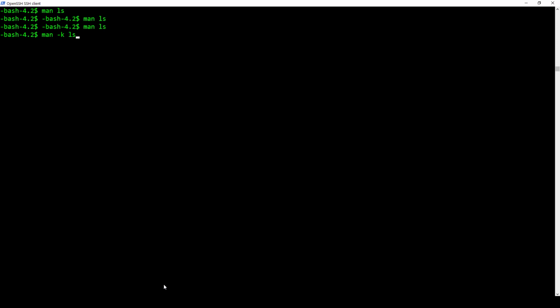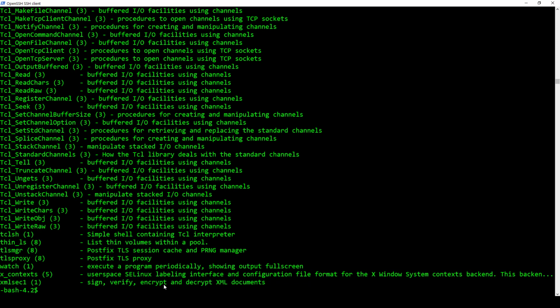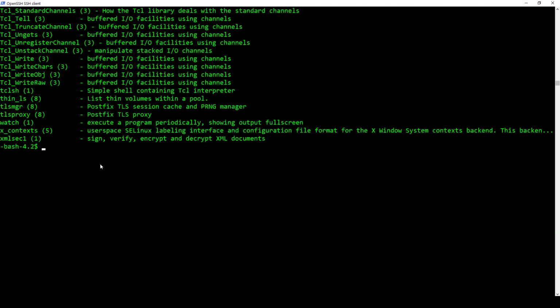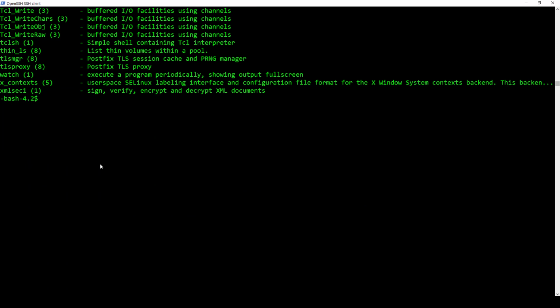Okay. So I can also go man, and there's other options too. I'll let you look those up. Man -k ls basically is going to try to find everything with the word ls in it somewhere. And you can see we get a really long list, so it's not so helpful. So sometimes when you do that man -k, it's not so great. But if you do man